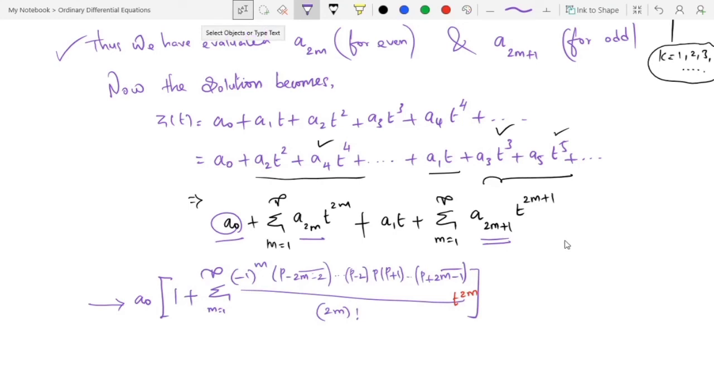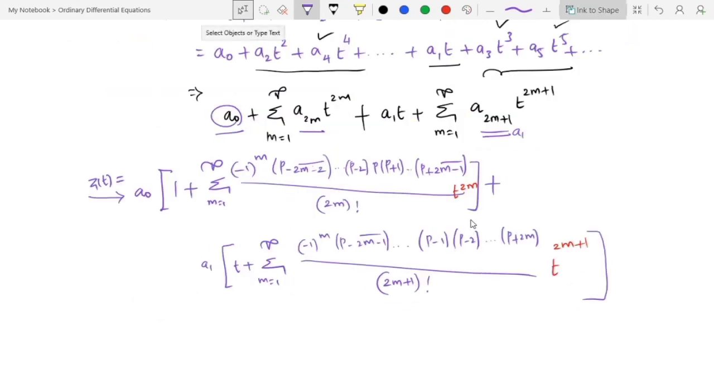Similarly, replacing A suffix 2m plus 1 from the general case, that is in terms of A1, the third and fourth terms have the common term A1. So take it out, plus A1 into the rest of the value, t plus summation m varies from 1 to infinity of the whole term with t power 2m plus 1. That is A0 into this bracket and A1 into this bracket. So we can rewrite it as z of t is equal to A0 into z1 of t plus A1 into z2 of t, where